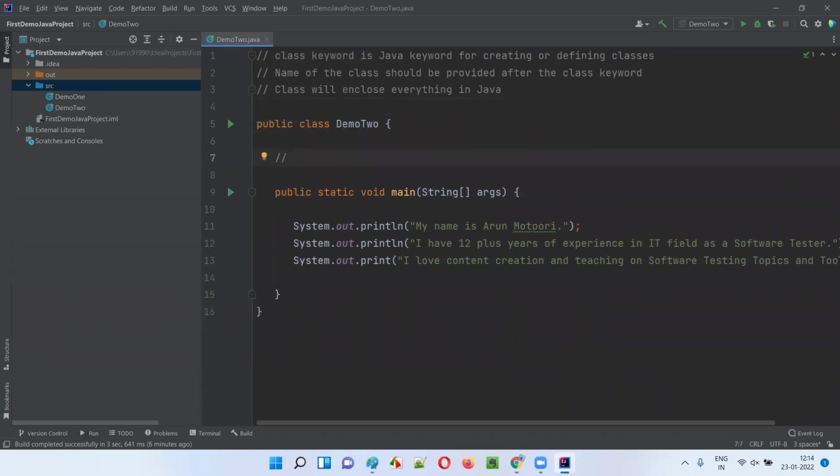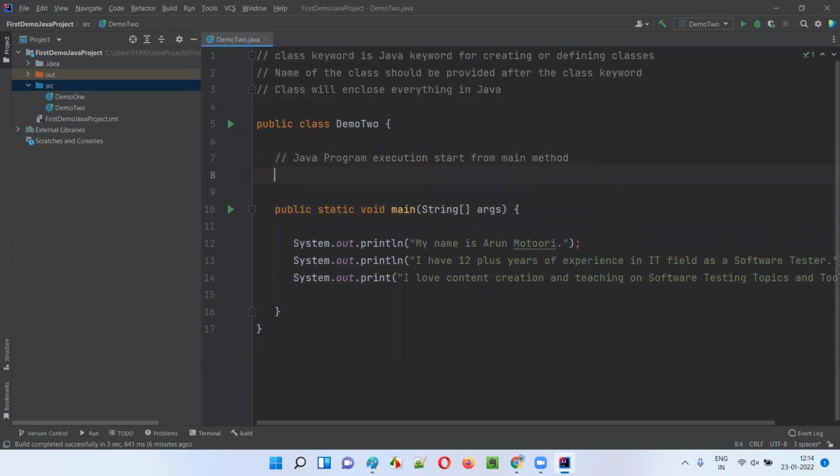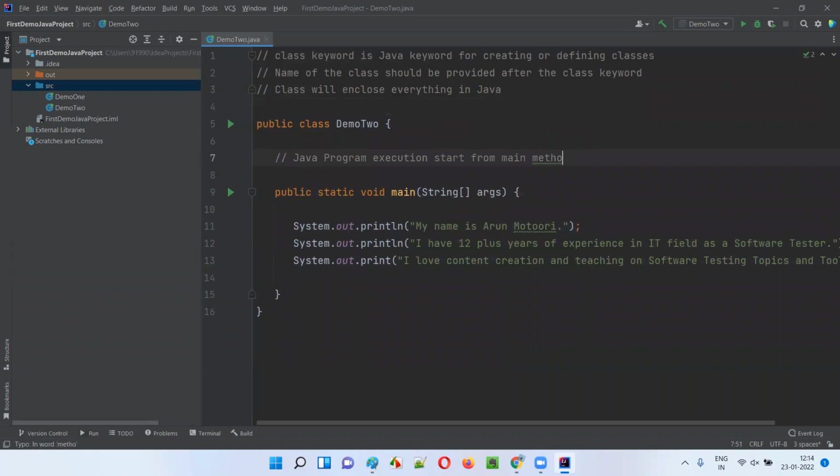Okay. Java program execution starts from where? Program execution starts from the main method. Okay, this is a main method. Okay, from where Java execution starts from. This is another comment, and here I'll write